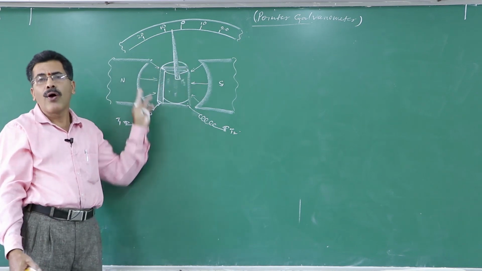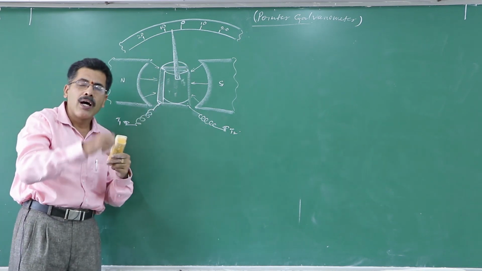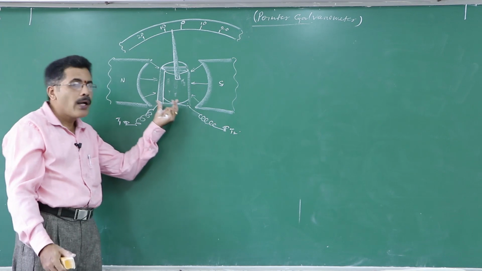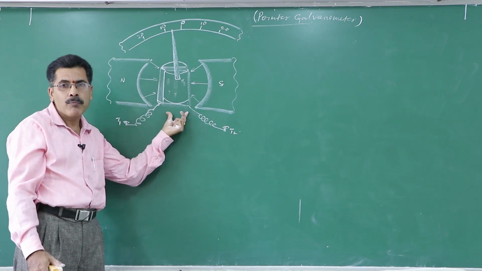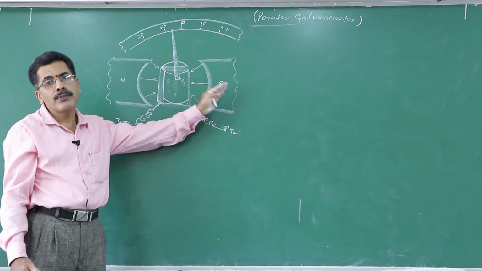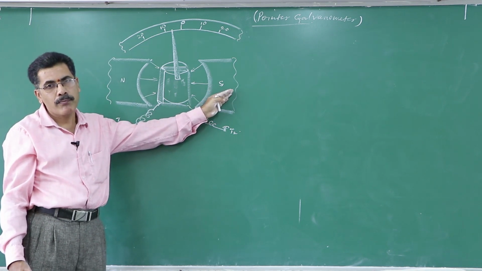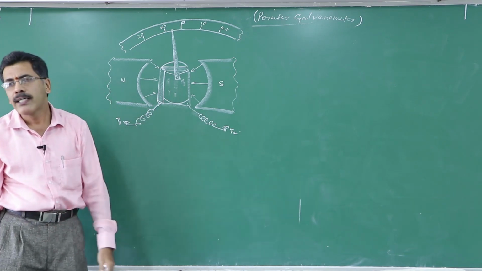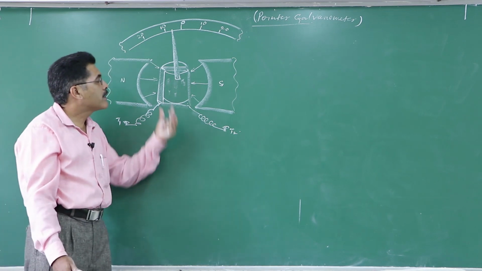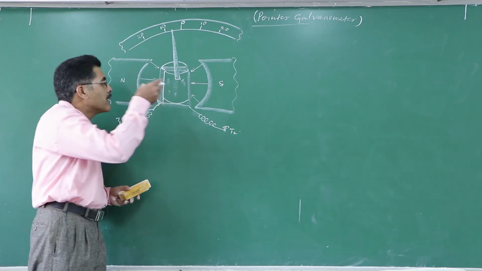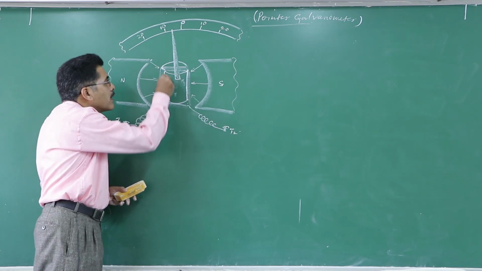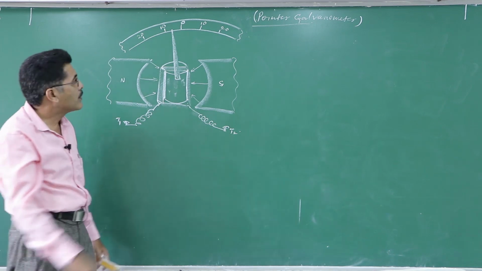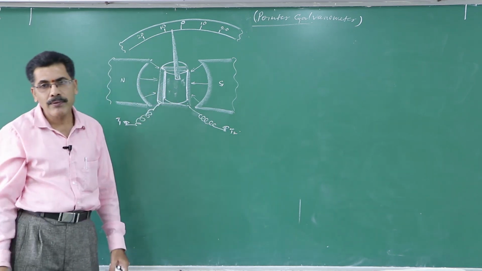It consists of a rectangular non-magnetic frame on which a large number of turns of thin insulated copper wire is wound. The coil is pivoted between two concave pole pieces of strong permanent magnets. The ends of the coil are connected to terminals T1 and T2 for external connection. A soft iron cylinder is inserted inside the frame without touching the coil, which makes the field strong and radial.